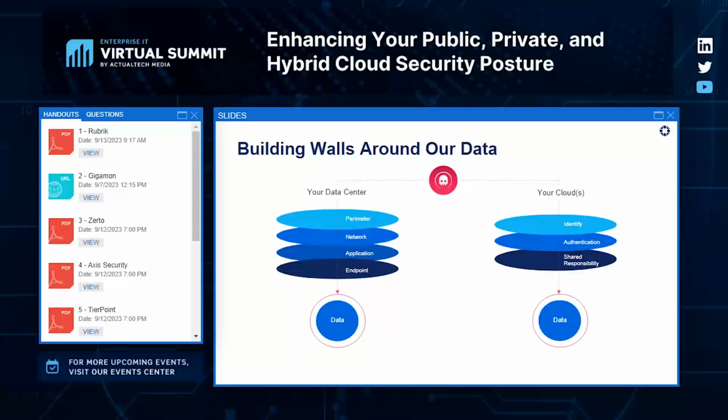And we talk a lot about this concept of defense in depth, right? Adding all these layers to make it more and more difficult for bad guys. If they look at your house and you have all these different layers of security, you have the fence, you have the cameras, you have the alarm system, they may not think it's worth it. But Rubrik has always been that insurance policy, that last line of defense at the point of data. We did that in the data center and we did that in the cloud. But still, we're seeing, as we talked about on the previous slides, bad guys are still getting in. They're still penetrating these areas.